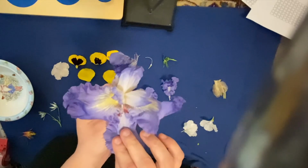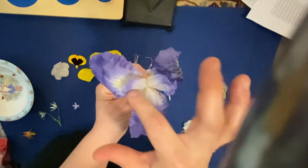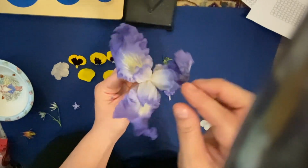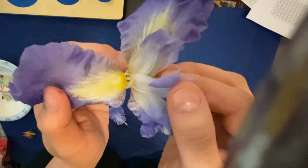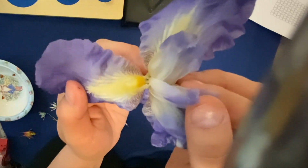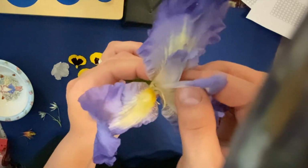So we have 3 corollas. They just kind of hang out around this flower. Now you can really see the 3, 1, 2, 3. You can see the 3 parts. So again, when I open this up, there's the pistil. You see all that yellow? That's the stamen. So I'm going to take off these